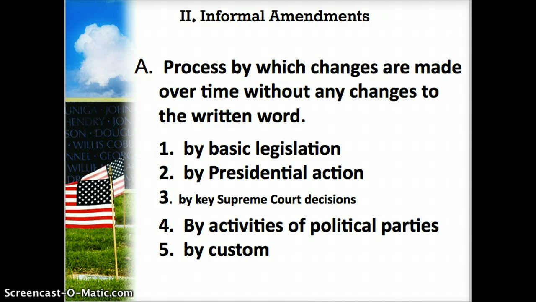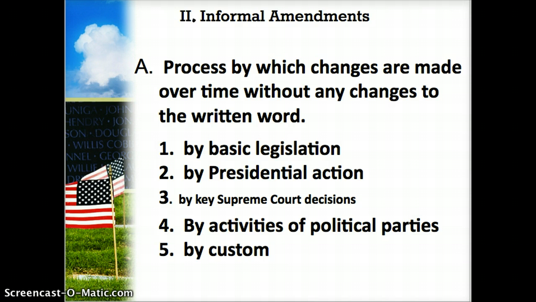Also, by key Supreme Court decisions, we unofficially change the Constitution without actually changing the words. For example, the well-known Supreme Court decision in Brown versus the Board of Education of Topeka, Kansas, 1954, the ruling by the Supreme Court was that separate was inherently unequal. So segregation in public schools and other facilities, public facilities, was not legal, was not constitutional. When we look at, later on in the year, we'll look at many other key landmark Supreme Court cases, and we'll see how they've changed the rules. They've informally, unofficially